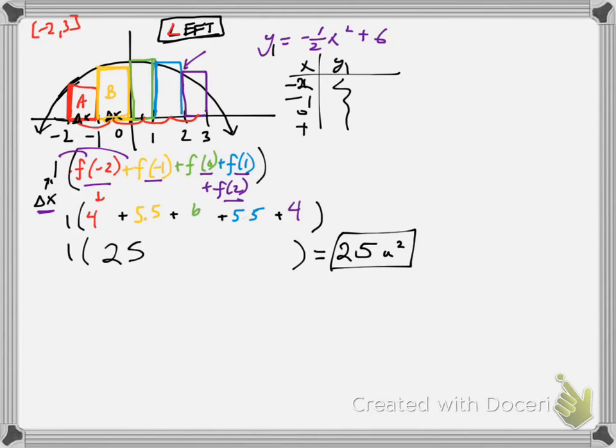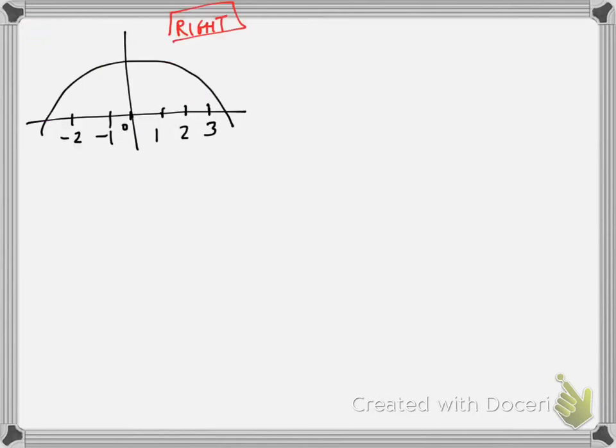Now, what's the right-hand approximation? It's very much the same. So I'm going to pause here and make a new picture. Okay, so here's our intervals, once again, in our function from -2 to 3. Now, in each interval case, the delta x is still 1. We're still using 5 rectangles, but we're now going to use the right endpoint in each tiny interval to dictate